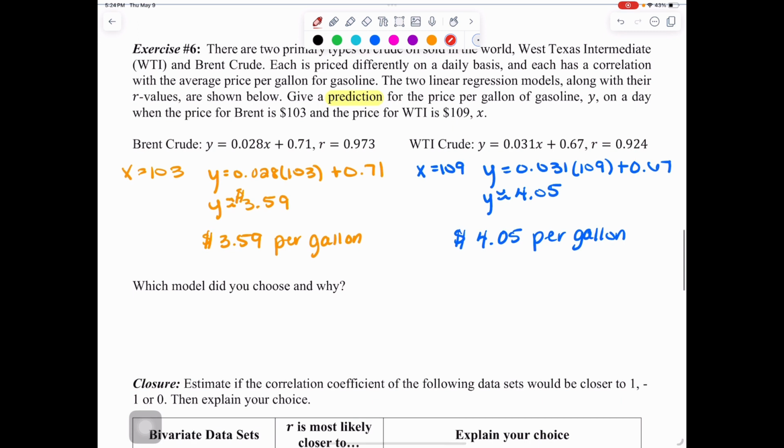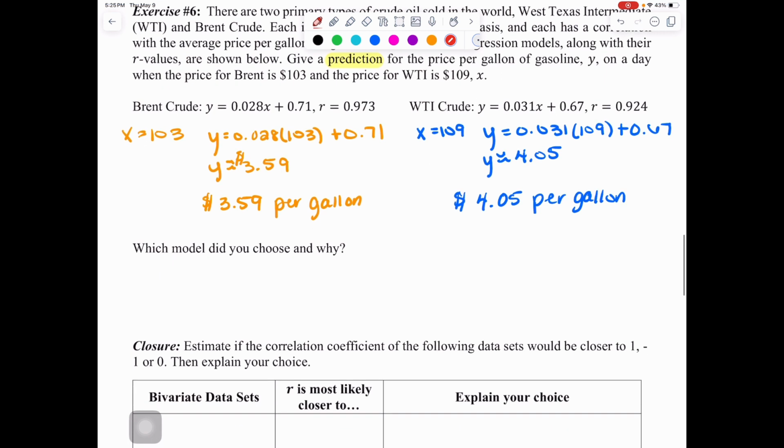So it says, which model would you choose and why? So if I'm looking at this, they both have very high correlation coefficients, 0.973, 0.924. So when I compare them, though, Brent crude's is closer to 1 than WTI crude's, 0.924. So although both strong, when I compare them, Brent crude's is strongest. And if it's closer to being to the line, then my prediction is going to be a better prediction. So Brent crude,